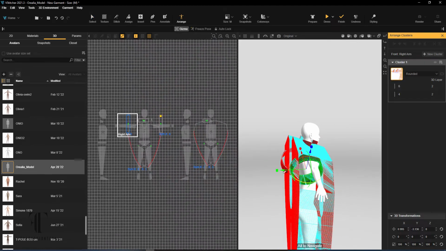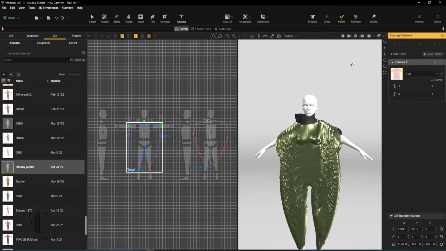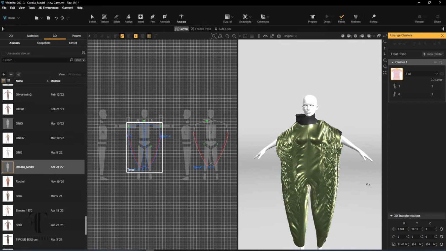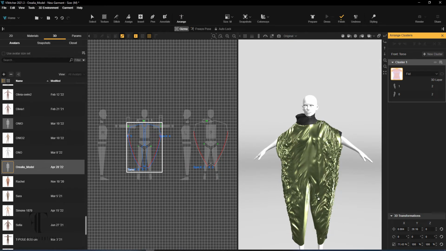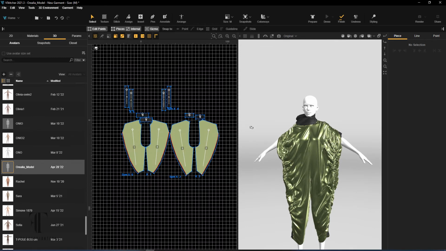Something a little different for me. I don't really do avant-garde stuff. You usually see me doing just a little bit of a little dress or something like this, but this was fun to do. And this is some of my custom fabric you can find on ArtStation at the end of the month,